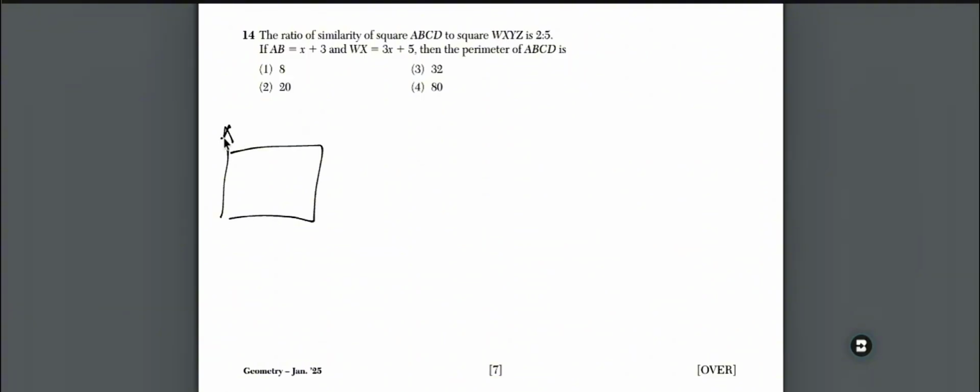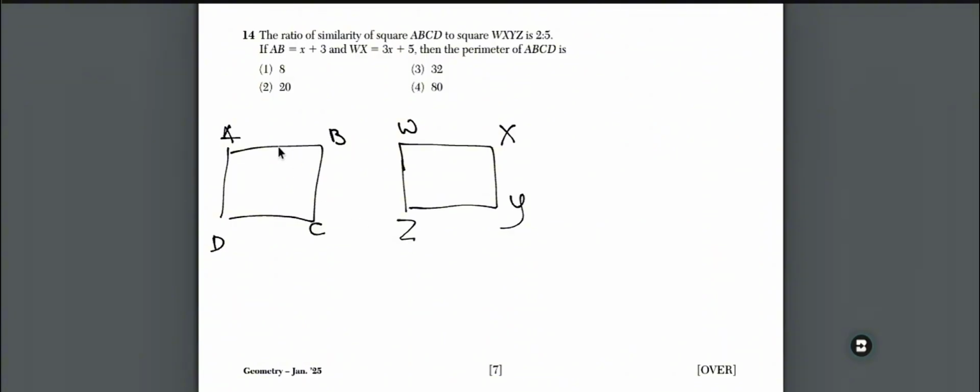So I have square ABCD, and then I have square WXYZ. I know the measurement of side AB is x plus 3. The measurement of WX is 3x plus 5. I'm also told that the ratio of similarity is 2 to 5. That means that in order to find the length of the sides of square ABCD, I would need to take 2/5 of square